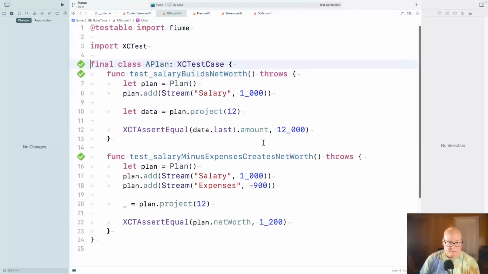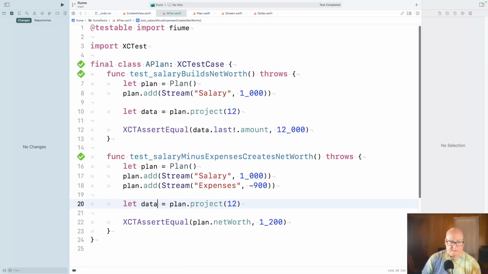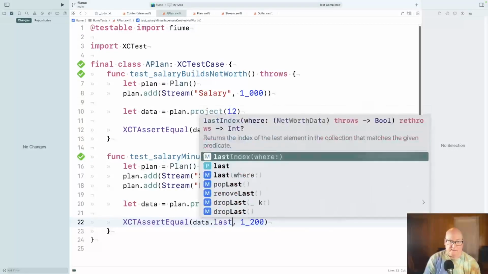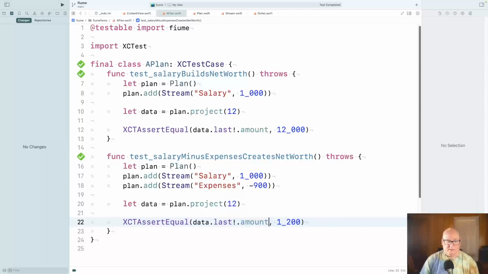All right, and now this one, let's let data equal that, and then data.lastBank.amount.